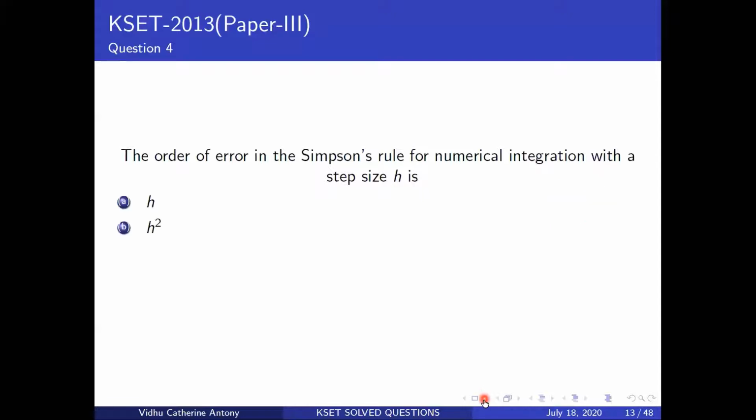So now let's look at this. What are the options that are given to you? Is it h, h squared, h cubed, h power 4? So there's something called the error bounds formula. When you're doing these methods like the Simpson's rule, trapezoidal rule, or another rule called the midpoint rule, these three rules are basically used to calculate your integrals. Now, what do you do when you're calculating these integrals? You're approximating the area under the curve.